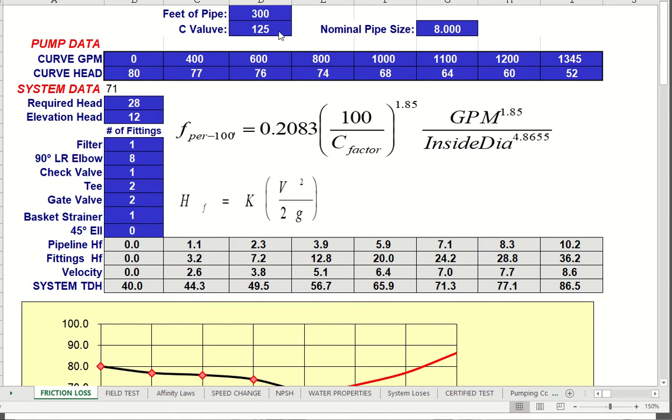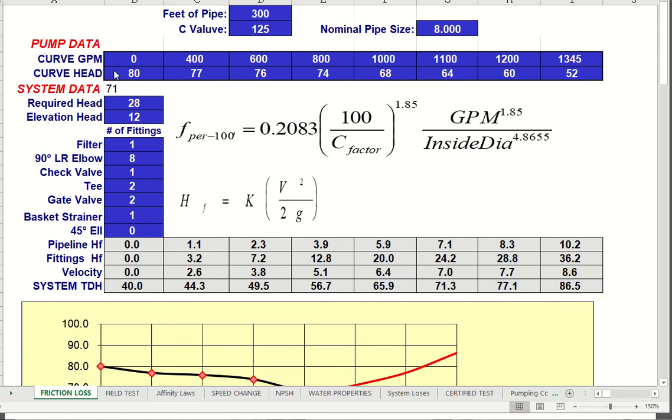The C value is a value for the roughness of the pipe. Since we're almost always seeing PVC pipe, 125 is a good median number. It could be as high as 150. The higher the number, the smoother the pipe. We enter in the nominal pipe size, and then we enter in the information taken directly off of the manufacturer's